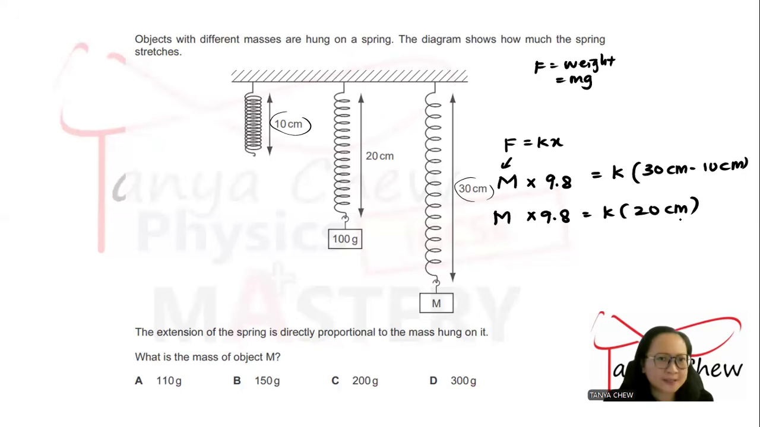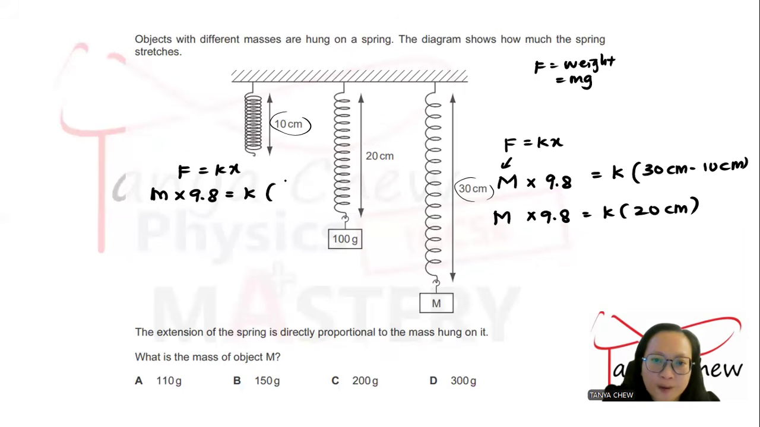Right, I don't have a K value. I don't have a spring constant. But since the experiment is being conducted by using the same spring, the spring constant must be the same. So I am going to find my spring constant right now, right? By using these two diagrams, right? One is F equals to Kx. This mass, I'm going to put it in gram as well, times 9.8 equal to spring constant times extension between